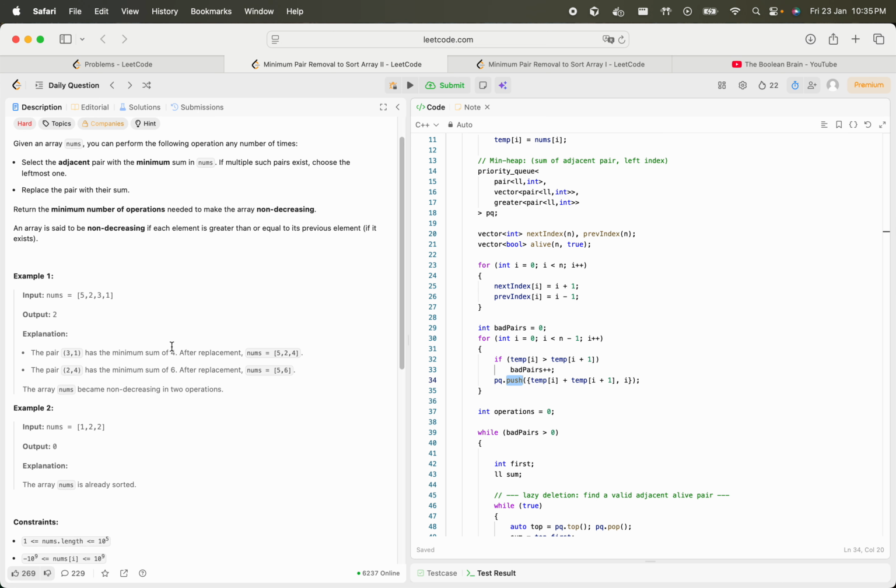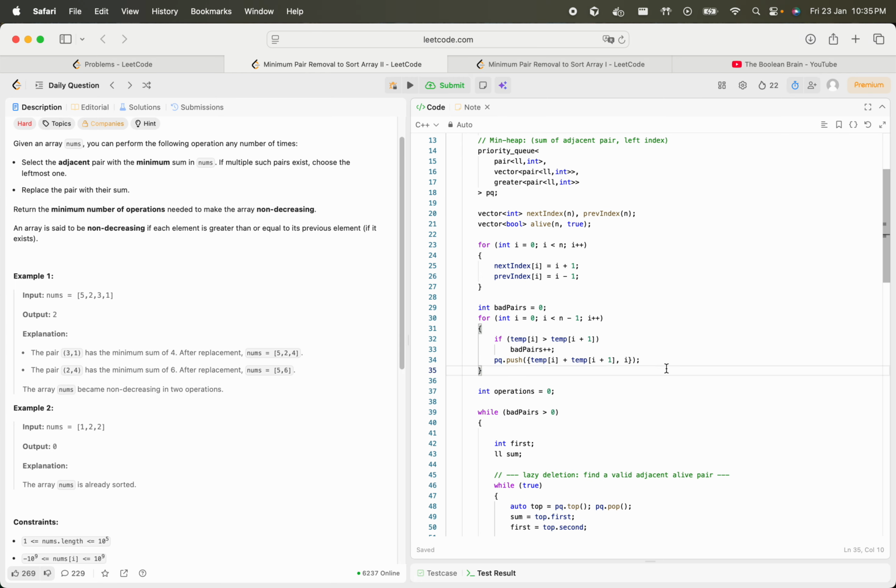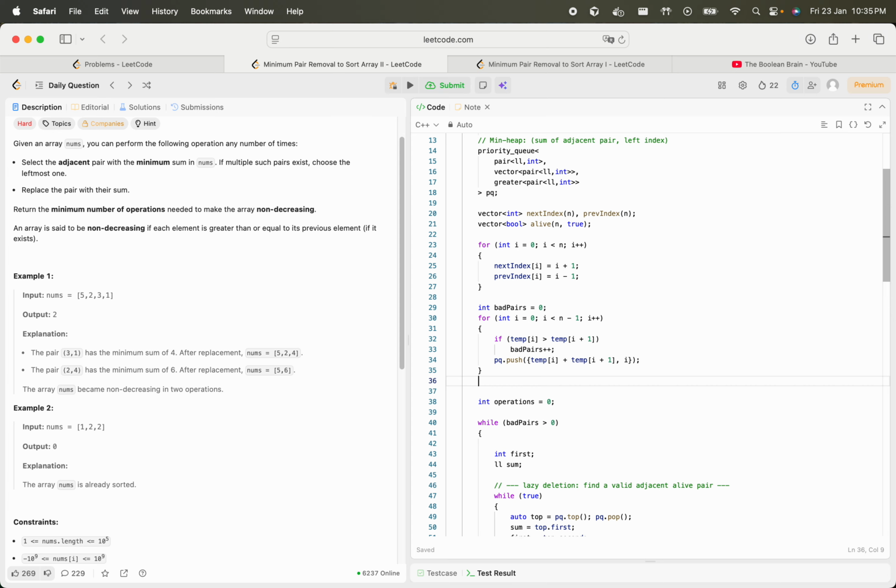Why are we doing this? Because we initially want to feed the queue with the sum of each adjacent pair, like 5 plus 2 is 7, 3 plus 2 is 5, 3 plus 1 is 4. So that information we want to populate in the priority queue. So when we push here, our queue will, for this example,